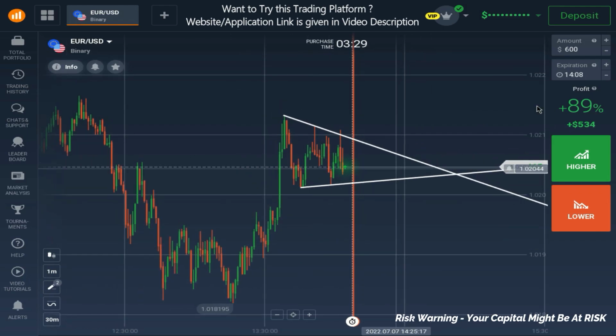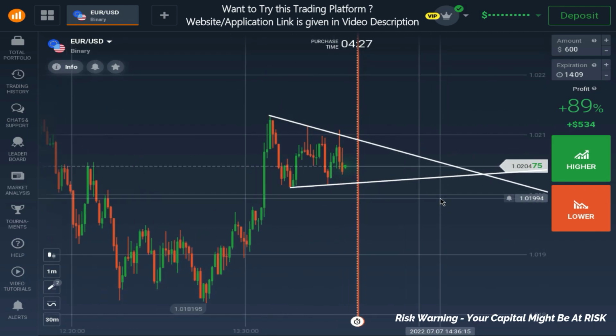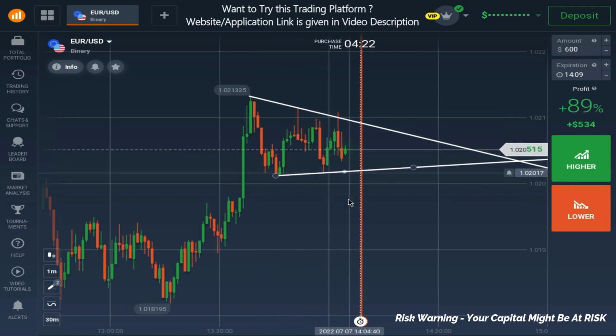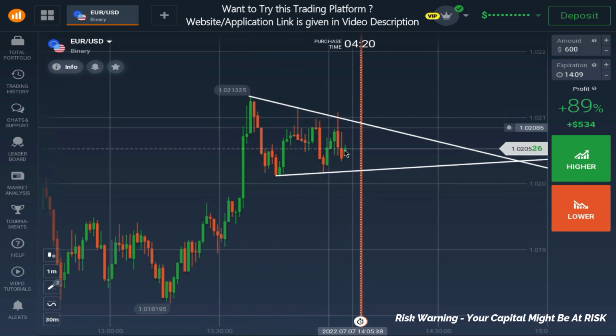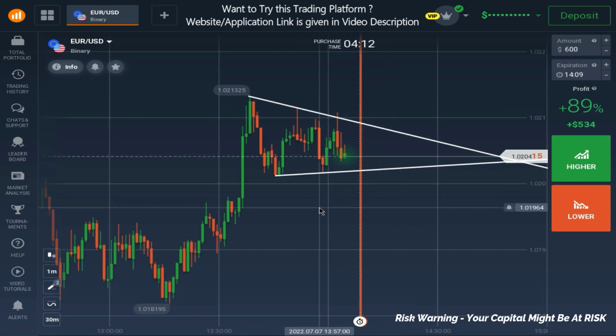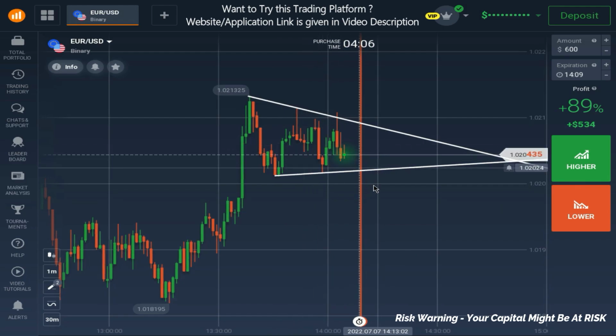So this is a descending triangle pattern, as you can see, and the market is moving in between, so we can't place any trade here, but we have to wait for a clear breakout, and once there is a clear breakout, we can go for a trade. So it is going to take some time. So what I will do, I'll just fast forward this video and we'll wait for the breakout in either direction,